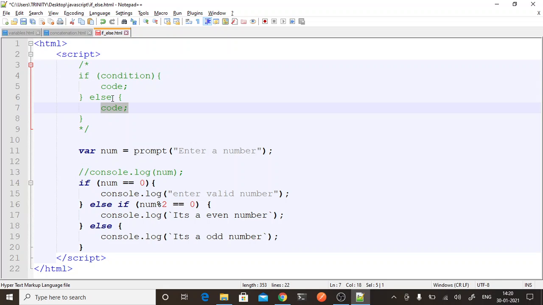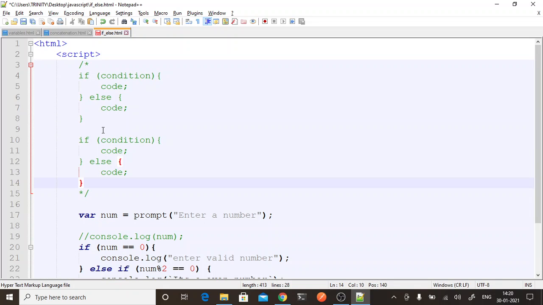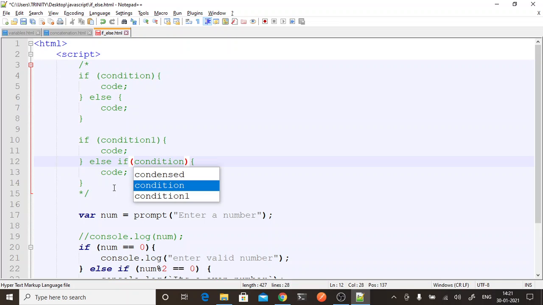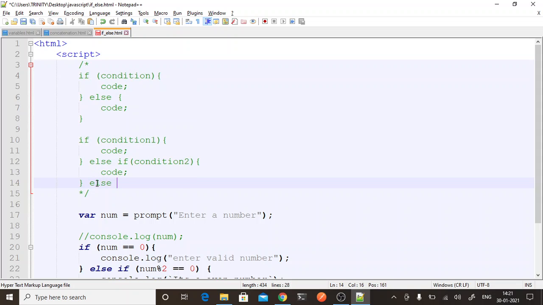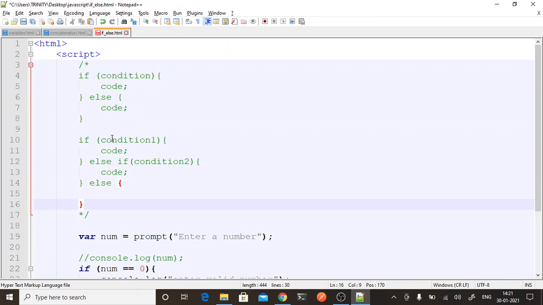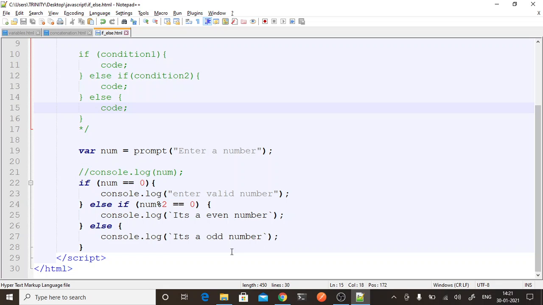If you have more conditions, then you check the first condition, then give one more else if and check your condition 2 in the block of code, and else at the end, if both conditions are not met, perform this code. So that is the simple if, else if, else conditions that you can check.